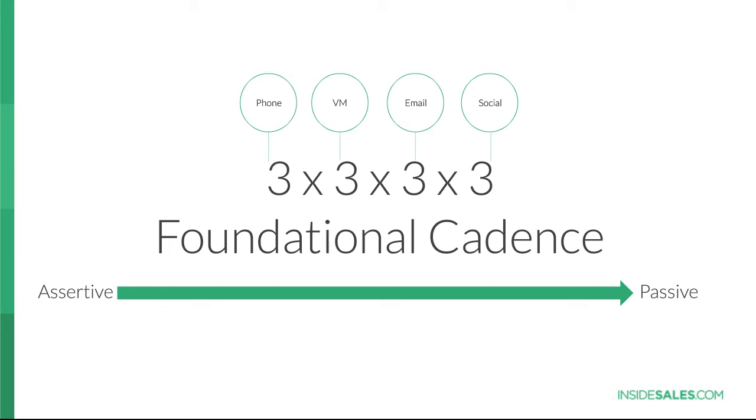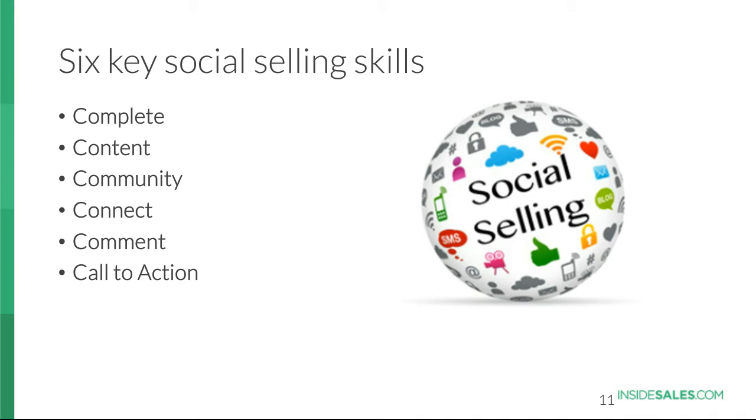I thought it might be interesting to do one more click around the social element of it. So we've got the concept of the foundation, the 3 by 3 by 3 by 3. But how do we tighten this model, specifically on the social side of things? When it comes to getting social into your cadence strategy, we look at this 6-step process and then really focus in on the last 3. These are the 6 C's: complete, content, community, connect, comment, and call to action. Maybe I'll do a brief overview on some of these. So the first one is going to be